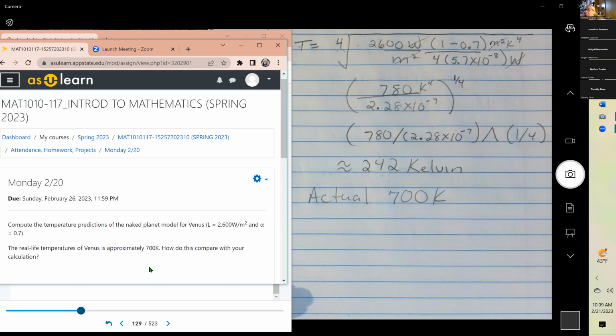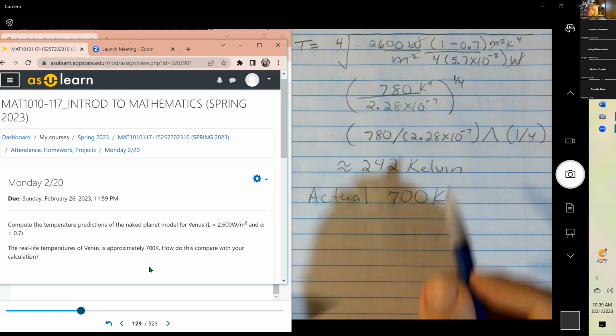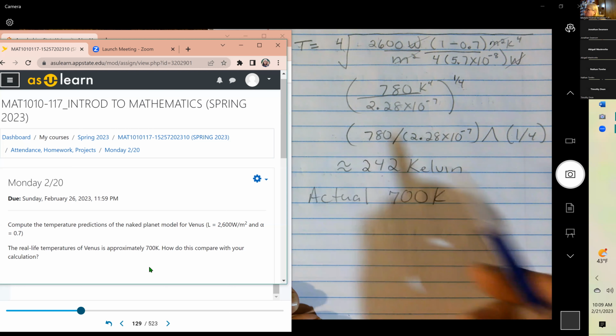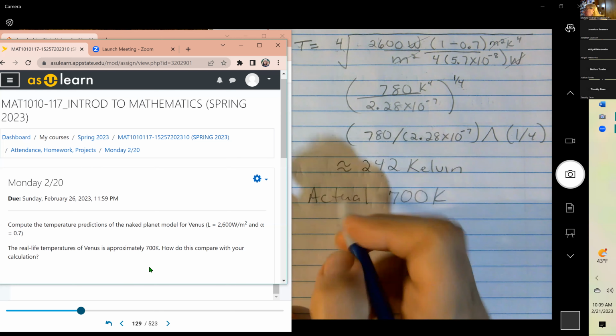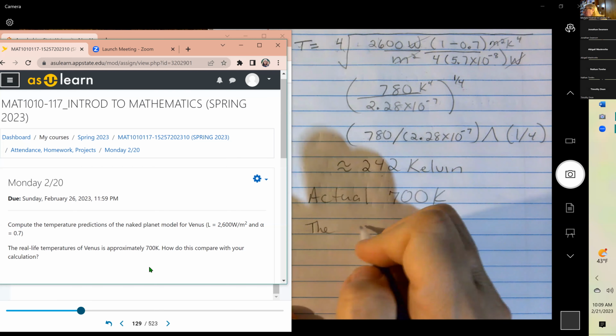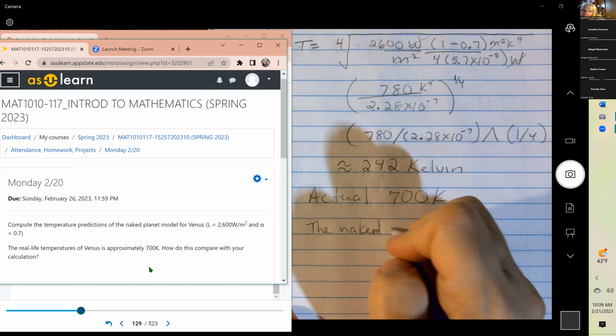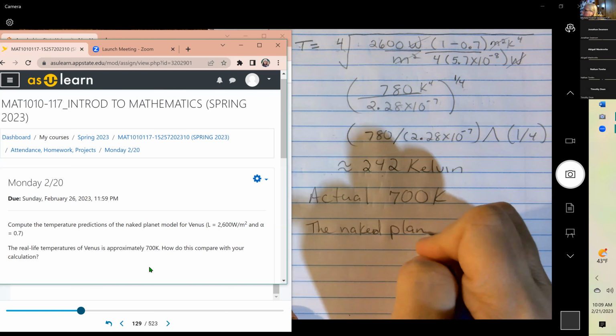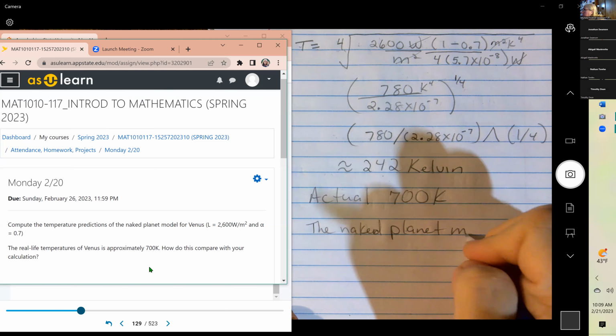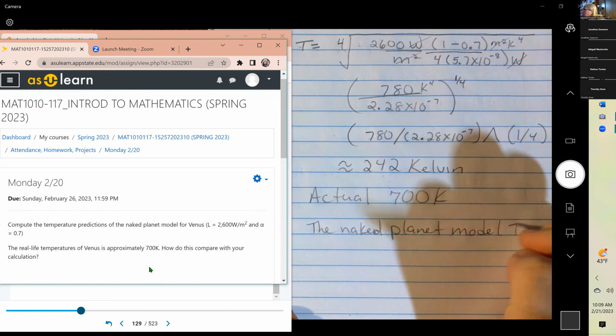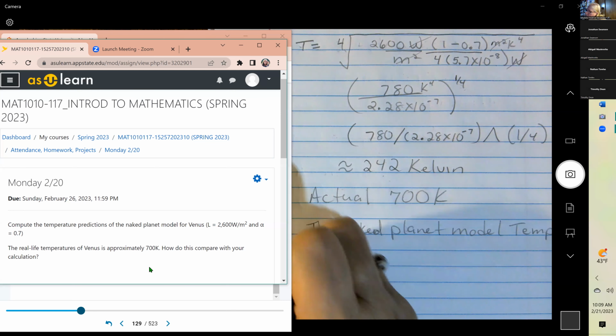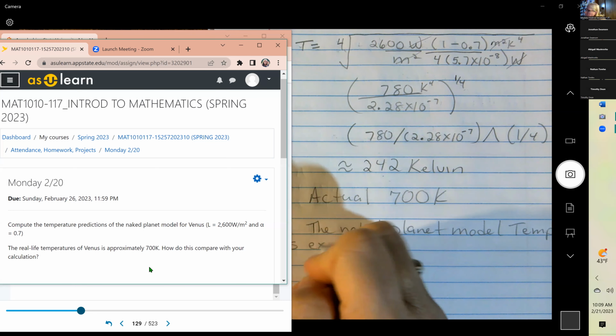Most of the explanation is just seeing that you understand the problem. For the most part, there isn't a right or wrong answer. But on this one, because this is so low, you could put the naked planet model is extremely